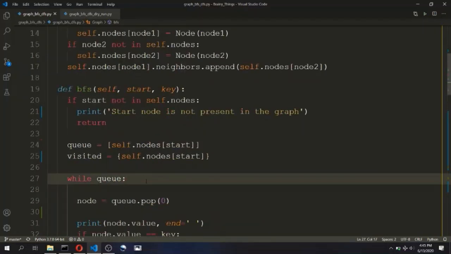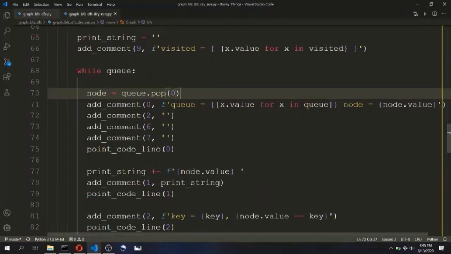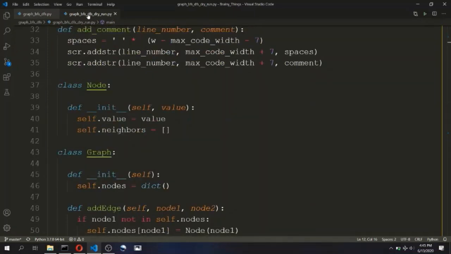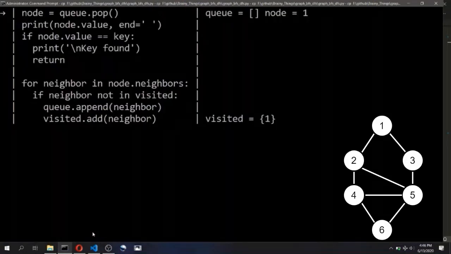Let's see the working of the depth first search as well. For that, in my snippet over here, I will just remove this 0 from this, and this as well. Now we can do a dry run over here. As you can see, the only change that we have made in this code is the removal of the 0 character, and even though this name is queue, it will work as a stack, and initially the queue here will contain 1.